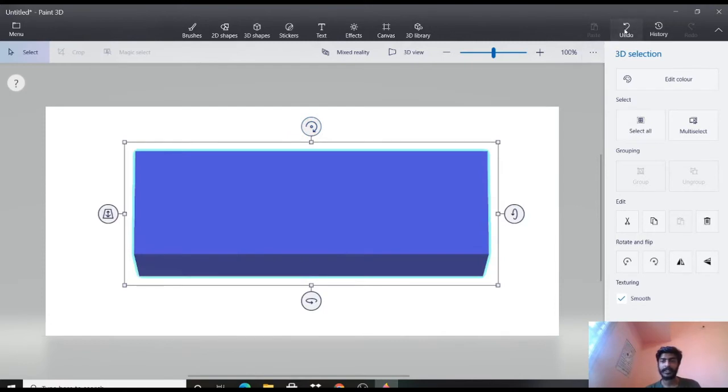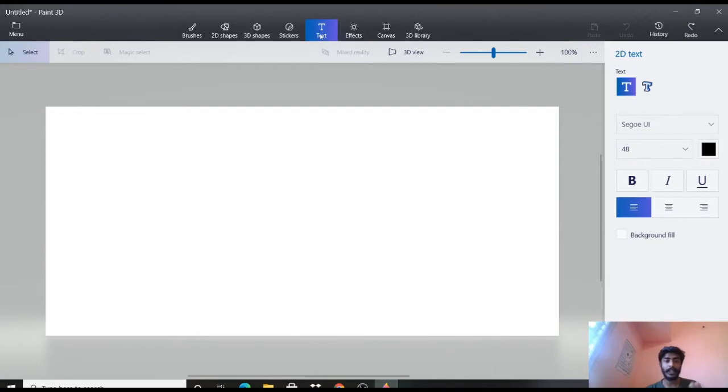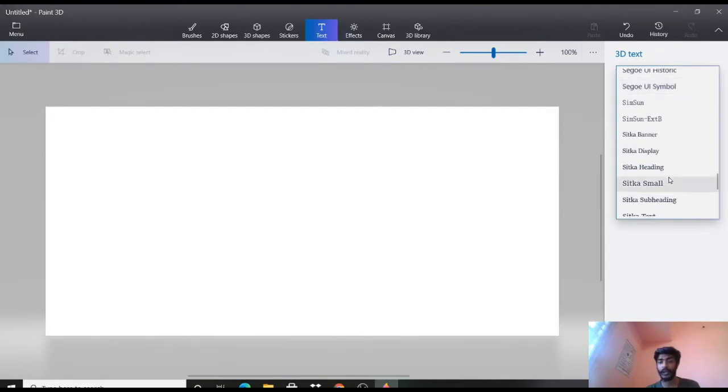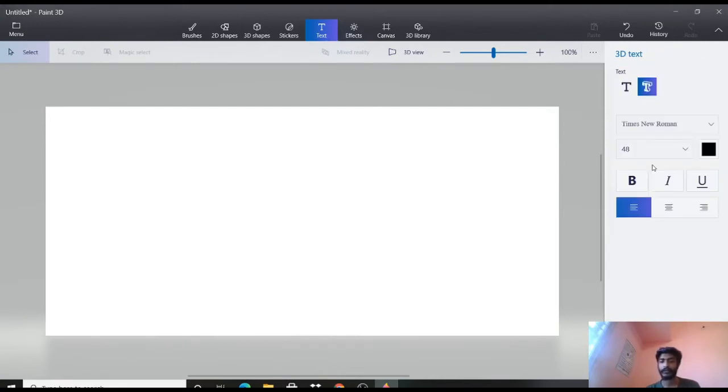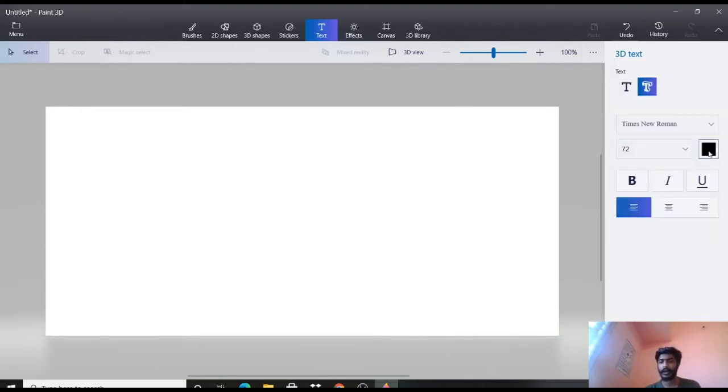But moving aside, I want to teach you how a 3D text would be made. So let's click on the text option from the tools, and you can see 2D text has been automatically selected, but there is one more option of 3D text here, so let's click on that. There is an option of choosing the font you wish to have, so I'll choose Times New Roman here. There is the size of the font, so I'm going to keep it 72. Like color, you can choose any; I would prefer black itself.